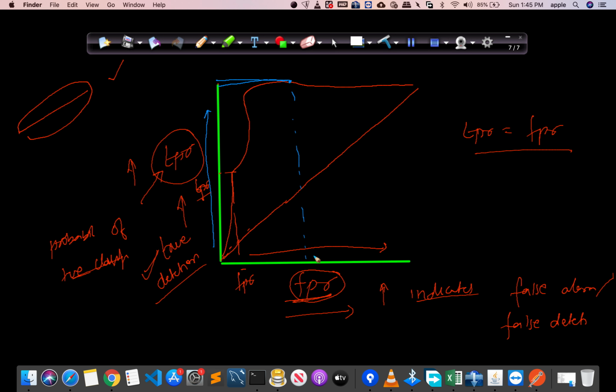So it depends on our business requirements and our problem statement how much false positive rate we can allow. According to me, we should select this one. Why? Because the false positive rate has dropped considerably compared to the point before, and at this point the decrease in true positive rate is very minimal compared to the decrease in false positive rate. So this will be the optimal threshold.